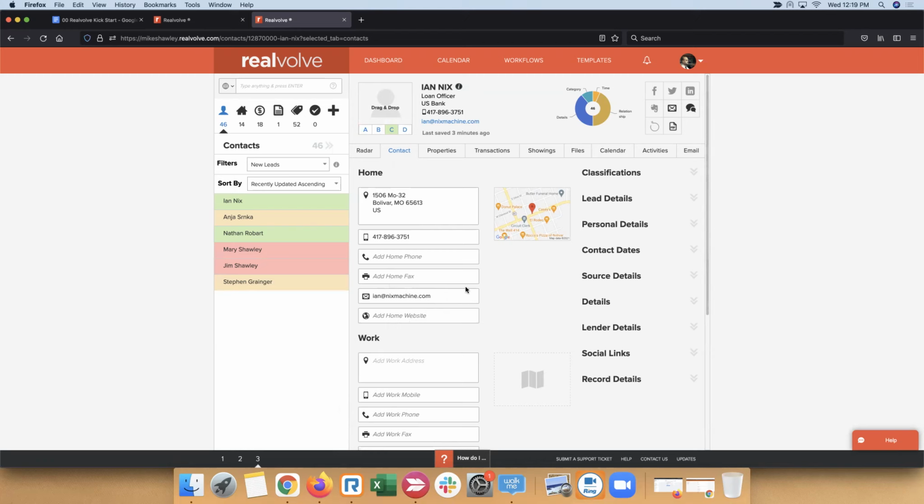We're getting a question. If I'm adding contacts without emails or phone to use for sending letters, is that workable? Oh, okay. So if I'm adding contacts without emails, are you just talking about their home address? Because you can definitely get someone's home address in Realvolve, and that's okay. Ideally, over time, maybe that's all you've got to start with. I would just say,